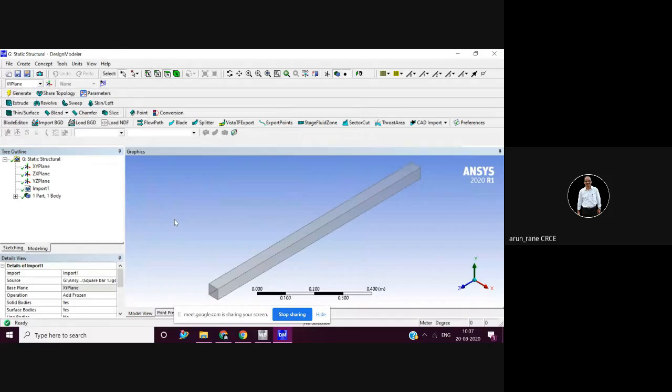So what is the cross section area here? Square bar is 19.625. What is the cross section area of round bar? 19.625. What is the cross section area of I-beam? 19.625. So since the material is same and the length is also same, that is 1 meter, the weight will remain same, and the overhang is also same. Only the cross sectional dimensions are changing.